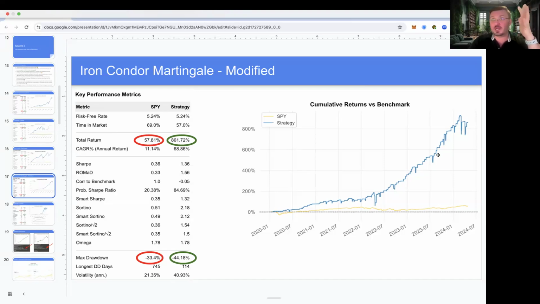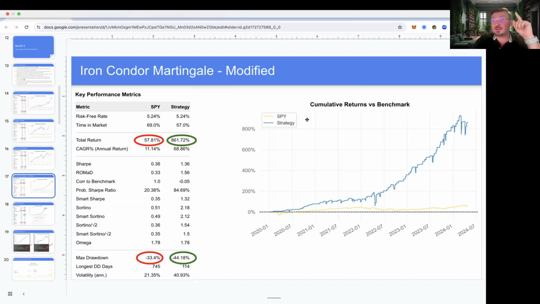This is mind blowing. When I saw this, I almost fell out of my chair, right? We're talking 861% over this time period of about 4 years and 3 months, huge returns, or almost 70% a year. It did have a drawdown of about 44%, but again, recovered very quickly. You can see here, this is its biggest drop, but it came right back within like 2 days, right? So it's a very consistent algorithm. This looks almost like a straight line. It's unheard of to see stuff like this.